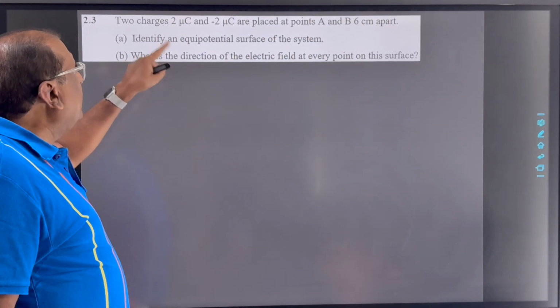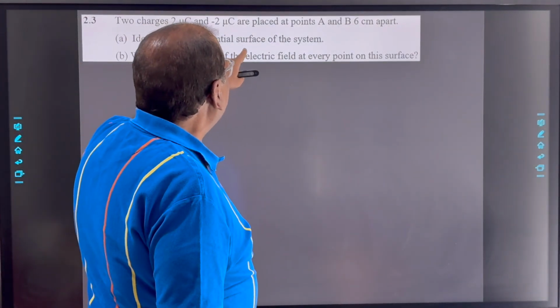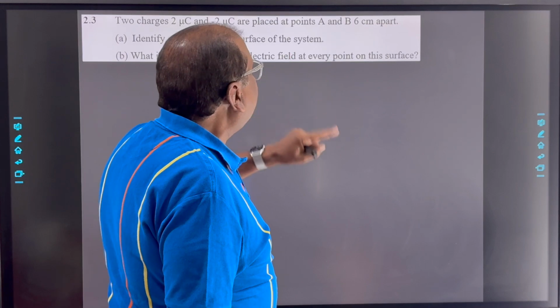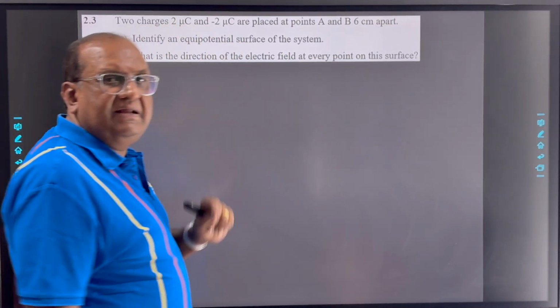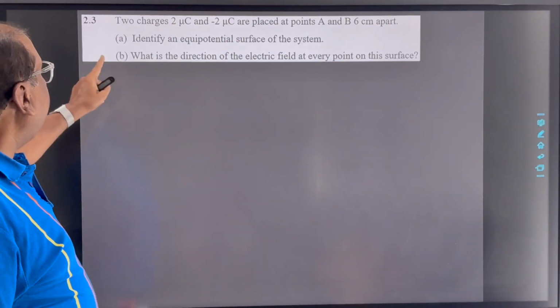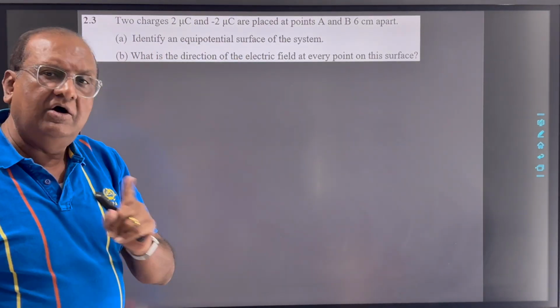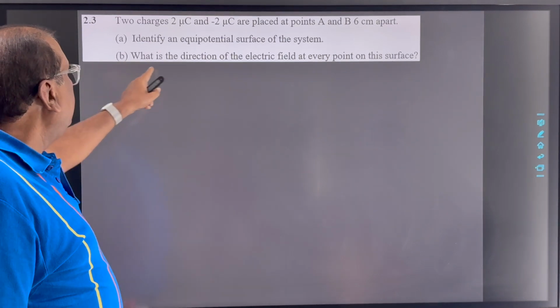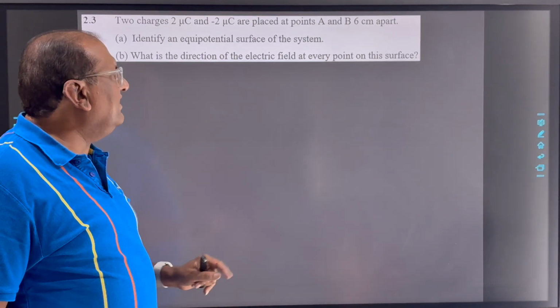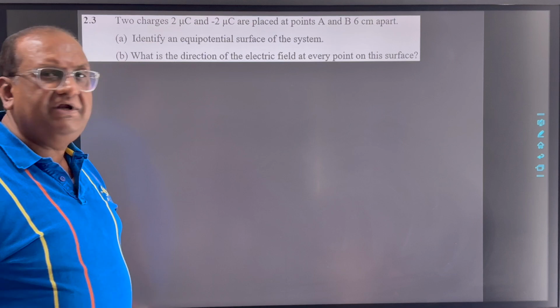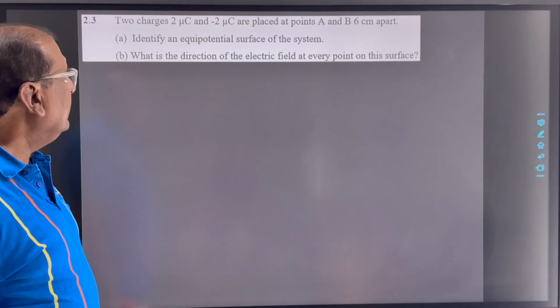Now 2.3. Two charges 2 microcoulomb and minus 2 microcoulomb are placed at points A and B 6 centimeter apart. A. Identify an equipotential surface of the system. B. What is the direction of the electric field at every point on this surface? Now see here,